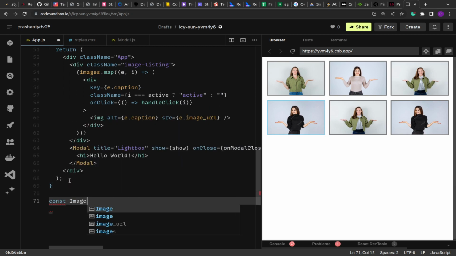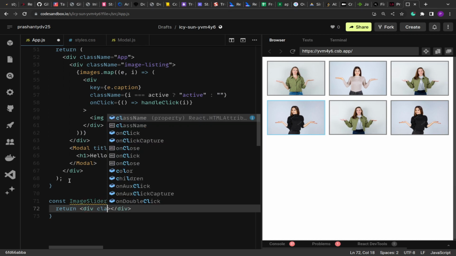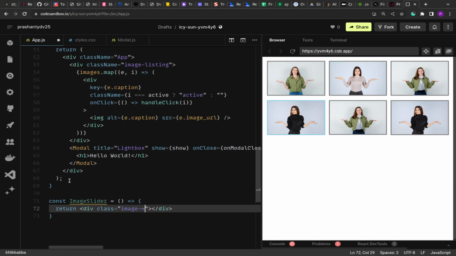const ImageSlider. Here we are going to have two things. One is the image, we are going to preview it on a larger canvas, and then we are going to have navigation buttons next and previous. So we are going to return a div with the class name image slider wrapper,